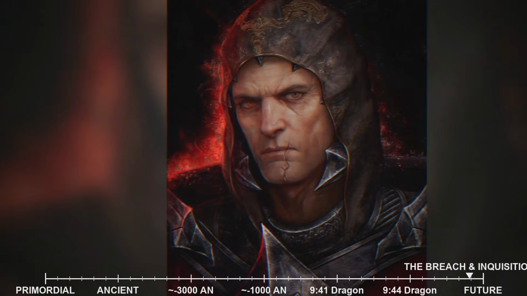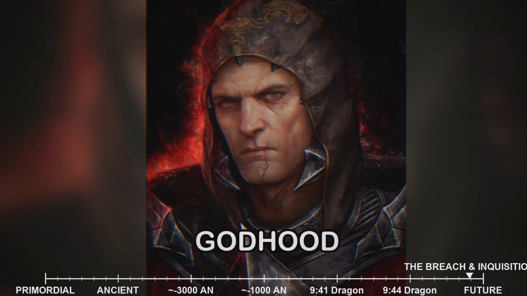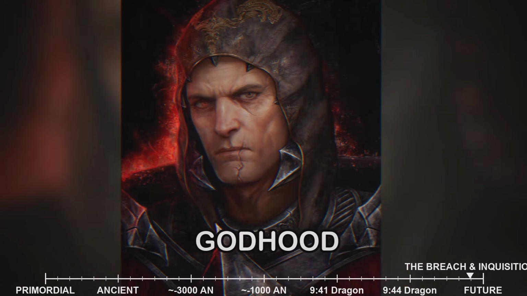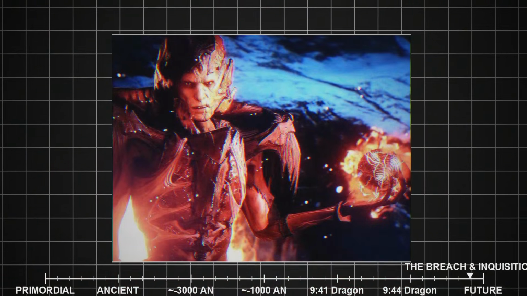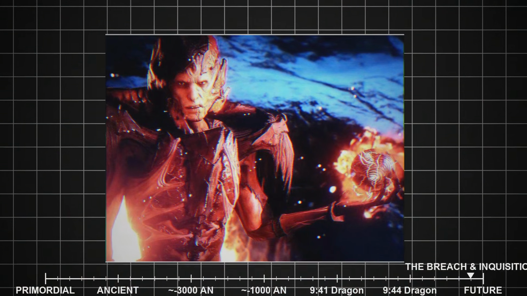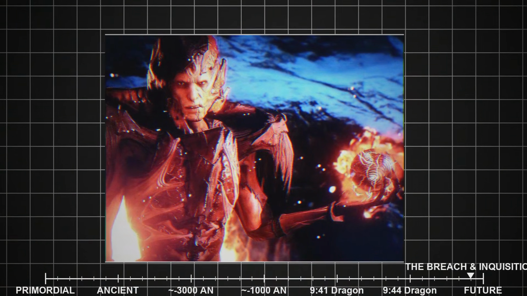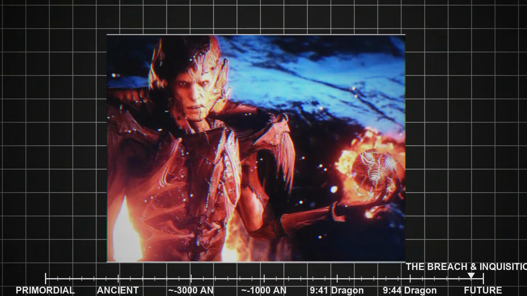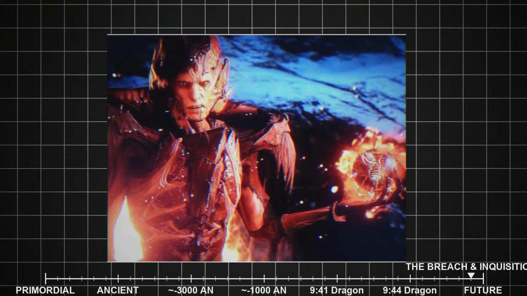He didn't just want power, he wanted godhood. Corypheus intended to enter the Fade, the spirit world, through the immense tear he had created in the Veil. And then, using the Orb of Destruction, he would tear down the very fabric of the Fade, remake it in his own image, and ascend to become a true god.